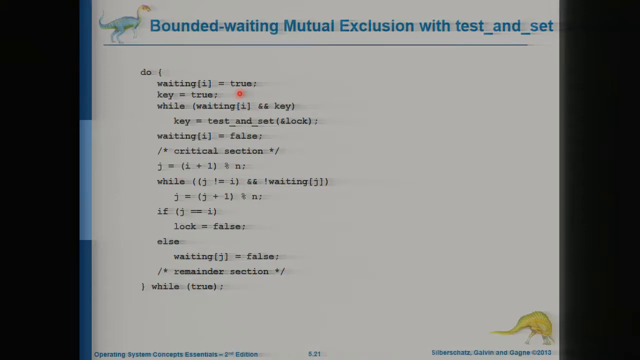And then, while j not equal to i. What is the value of j? j is 3. What is the value of i? i is 2. So this condition, j not equal to i, holds. While j not equal to i and waiting[j]. Is the jth process waiting? What is j? j value is 3. What is waiting[3]? waiting[3] is true. So it means that